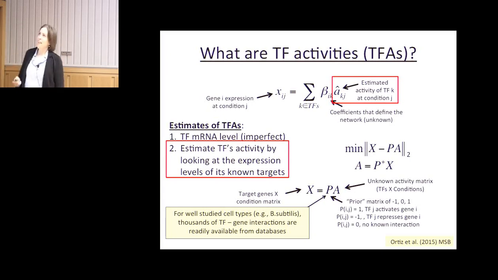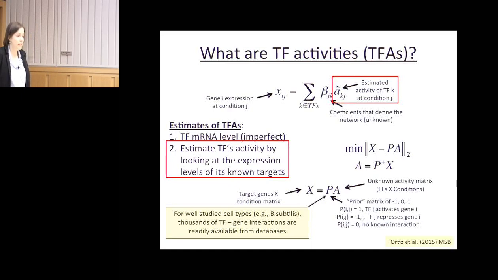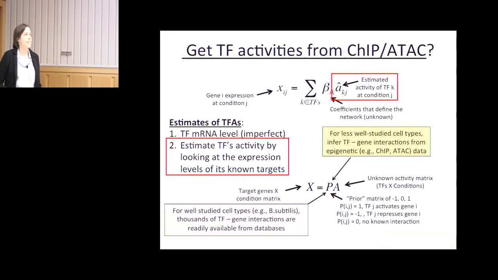And so this seems very exciting, but I don't have a database like this for innate lymphoid cells. There are about 20 interactions that are known. And so this is where the ATAC-seq data comes in. And so the basic idea was to use this epigenetic data to get that prior matrix of transcription factor gene